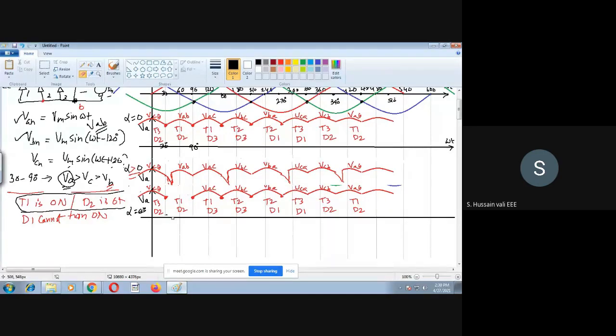Why will it be completely erased? Because a 60 degrees delay in the sense, or a 60 degrees firing angle in the sense, this point is 30. So this point is 90. So this 30 will extend till 60. I hope you can understand what I'm saying. It will continue like this. Then after that, it will jump suddenly to this point. You see here. Once again, here I will erase this part. Now this T1, D2 will not be there. Let me erase this, to avoid confusion, this part here.